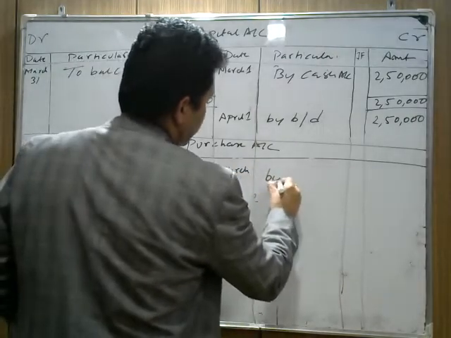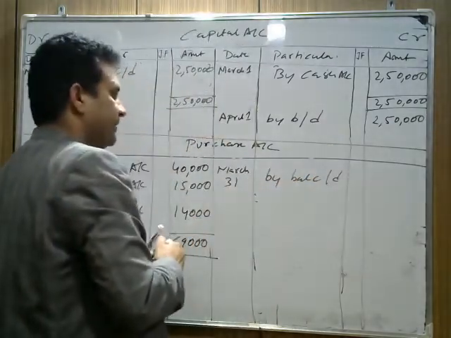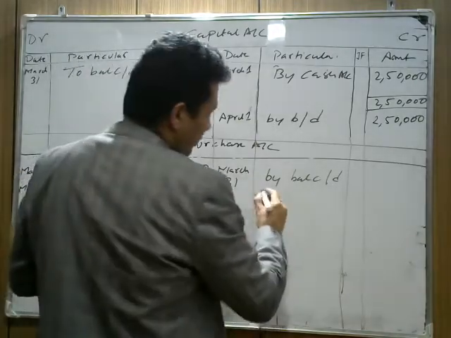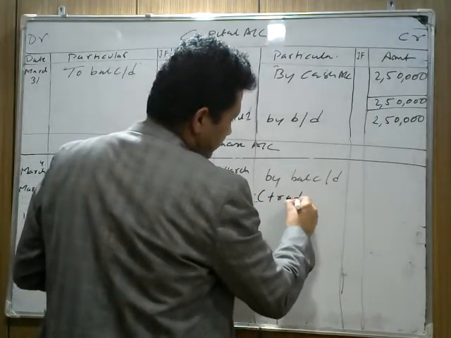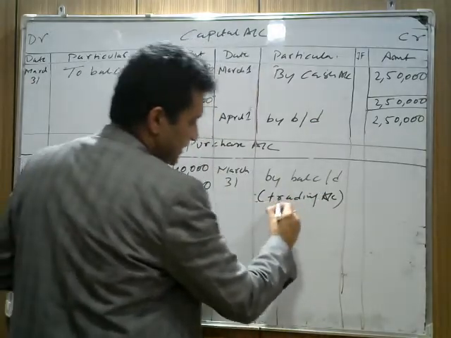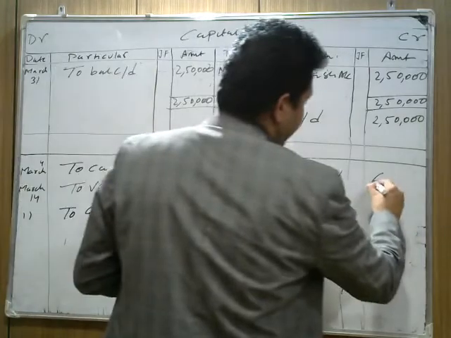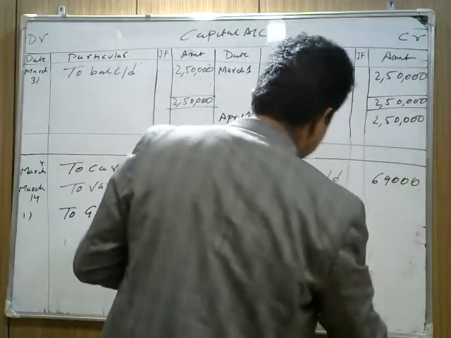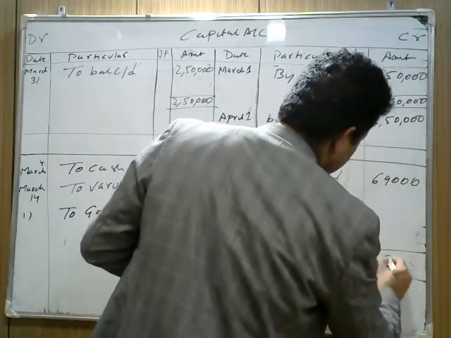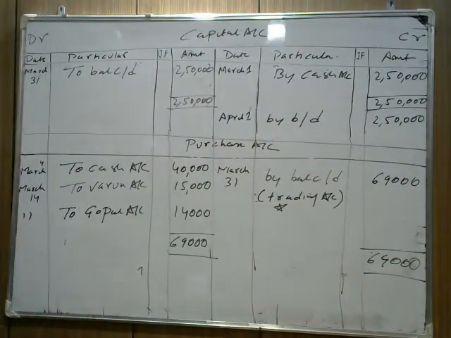And on March 31st we write by balance c/d, and we also write here by trading account, purchase transferred to trading account. I will tell you later why this is transferred to trading account when we prepare final accounts. This is an important part we need to understand, but till now you write by trading account 69,000. We will do this when we make final accounts, because the transfer goes to the final account, and in the final account it is transferred to trading. For the time being we write April